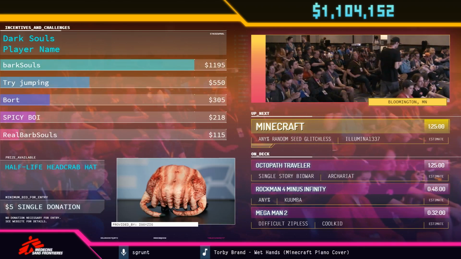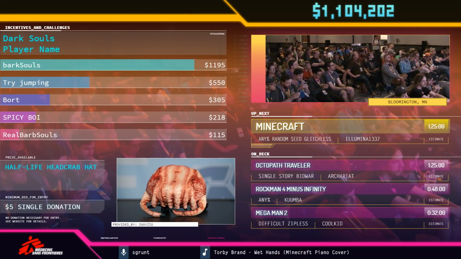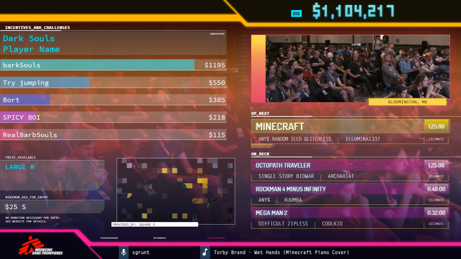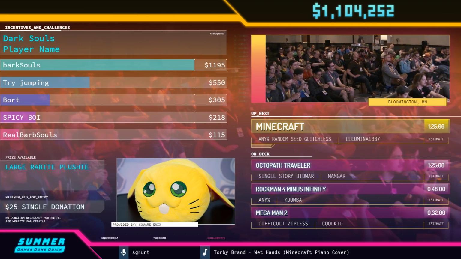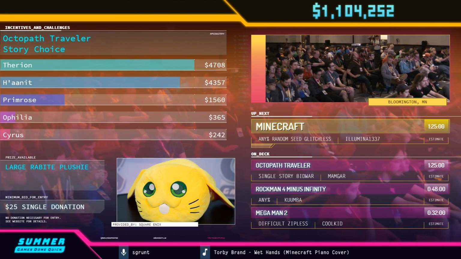$50 from Locala. Had to donate for that awesome Hyper Light Drifter run. Always love watching Covert Muffin because of his genuine enthusiasm and infectious laughter. Let's get that Task Celeste run. All right, it sounds like